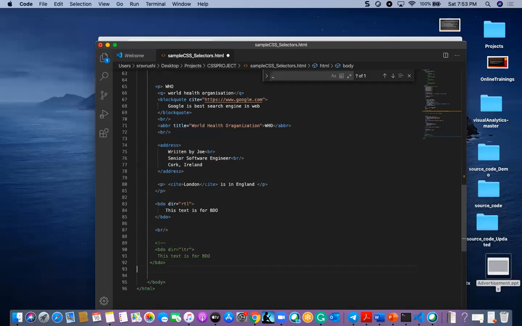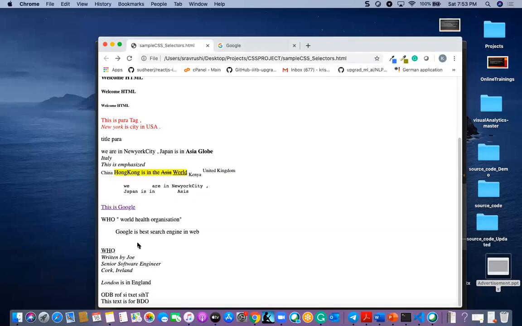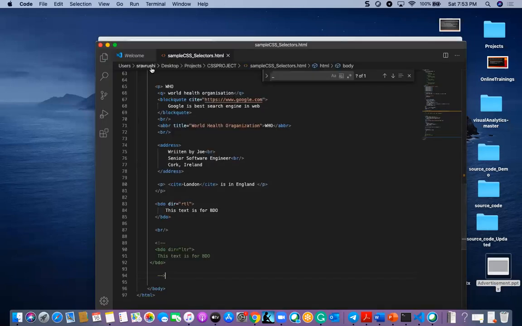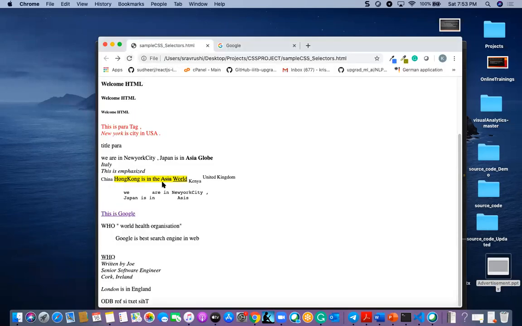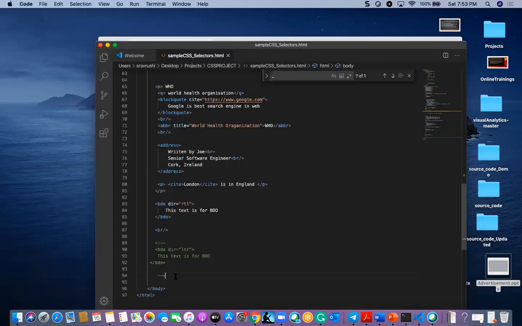And I can give here up to wherever I want to comment. That's how a comment will work. If you want to comment the HTML code, that's how it will operate, with less than, exclamation mark, hyphen and hyphen.